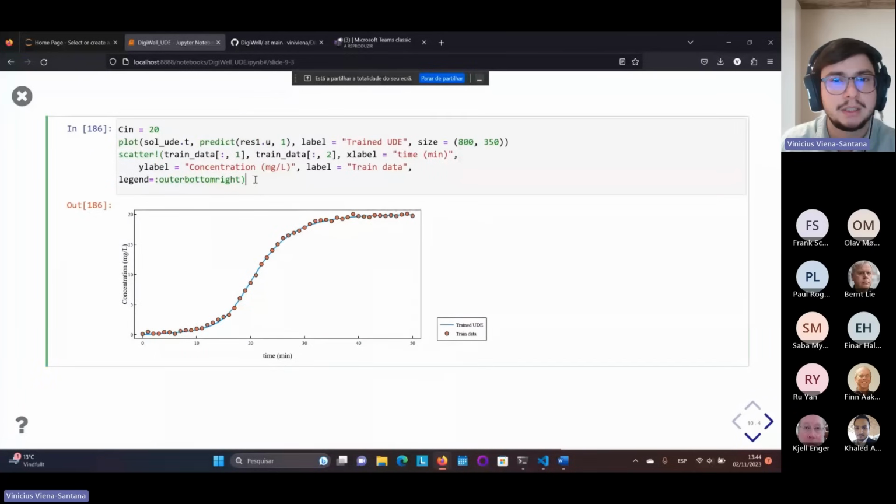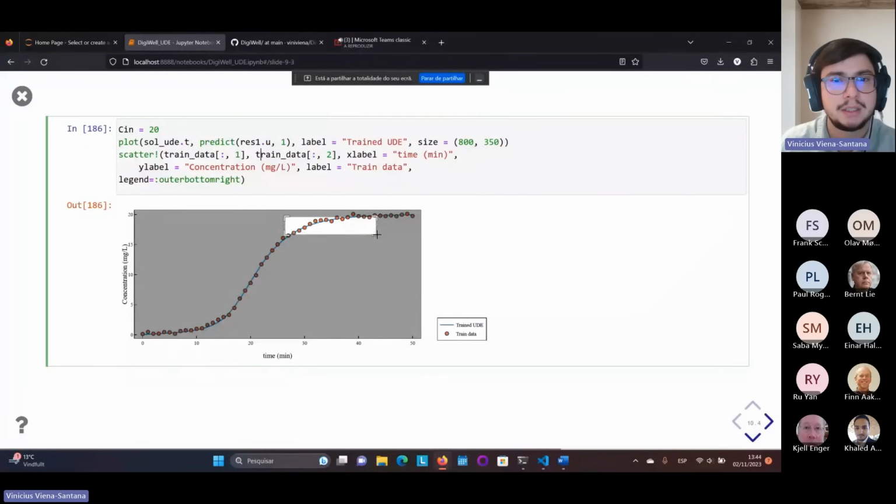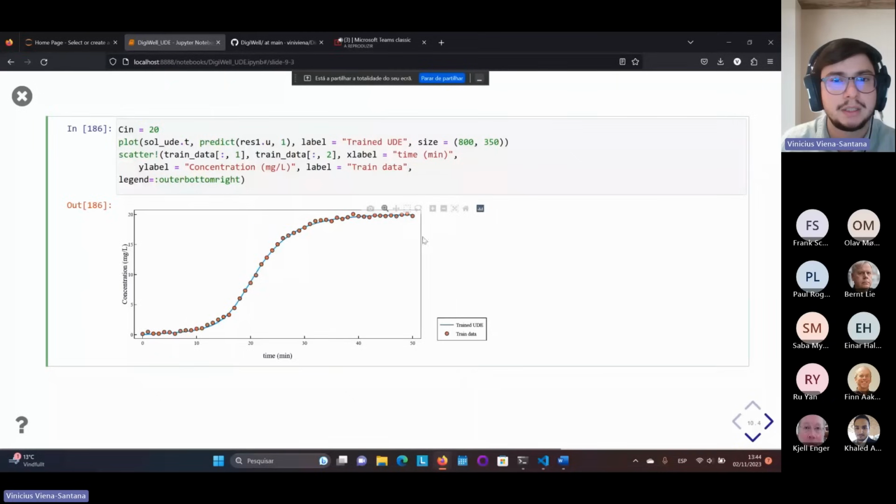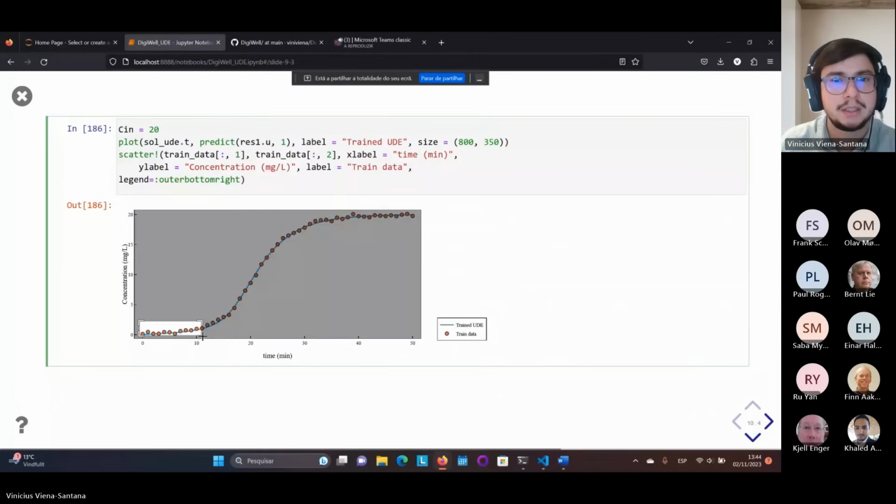Here I can also plot the predictions of my UDE with trained parameters and compare these predictions with my observations. As you can see, we started really bad and we end up after 3 minutes with a very nice estimation, very good predictions of my observations, in fact. If I looked at the residuals, which is the prediction minus the observation, I would probably see this very beautiful Gaussian function, right?